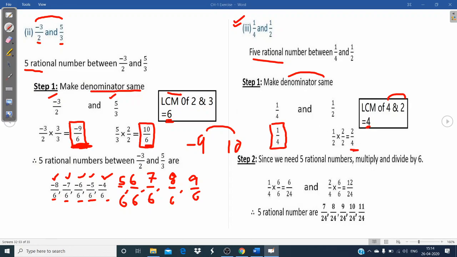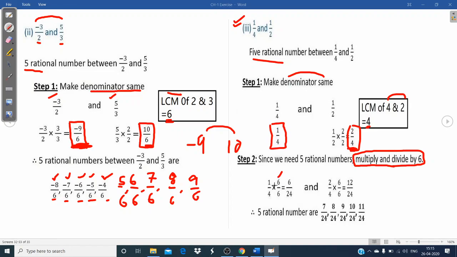Now here LCM is 4. So 2 divided into 4, you get 2 2s are 4. Then 2 multiplied by the numerator 1, 2 1s are 2. So your number is now 2/4. Now the denominator is the same, 4 and 4, and between 1 and 2 we cannot find a rational number. So we have to multiply by an equivalent pair. Now we have multiplied by 6/6 here. It is not compulsory that you multiply by 6, 5 or 10. Generally we take a number where the calculation is easy. Here I have taken 6.